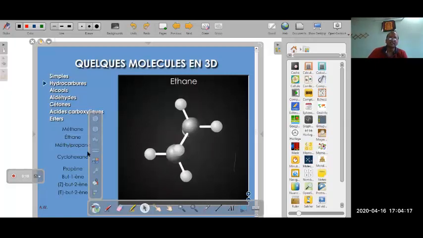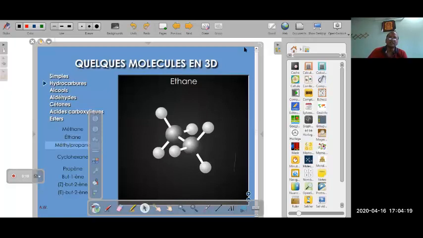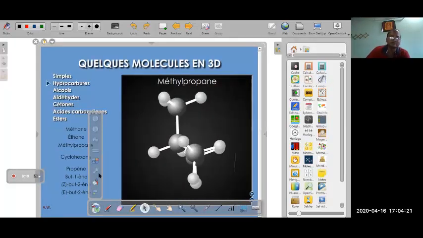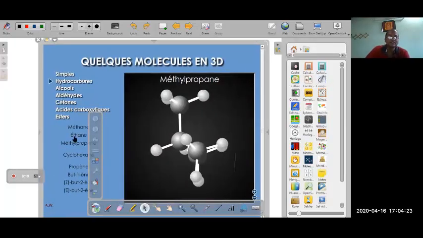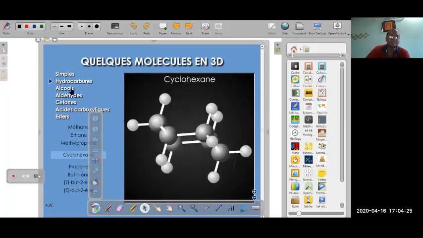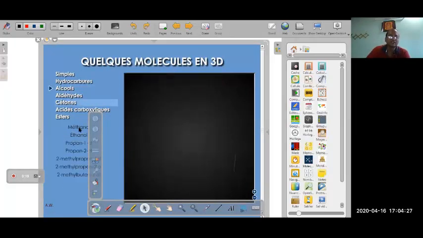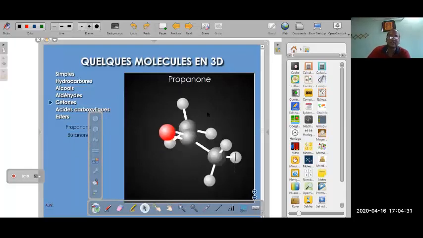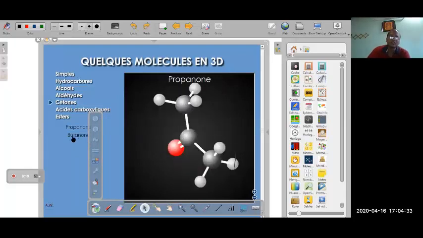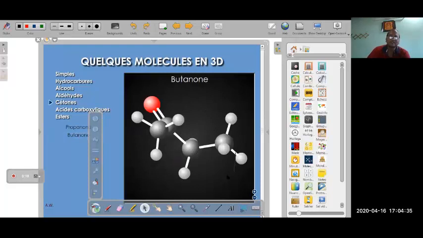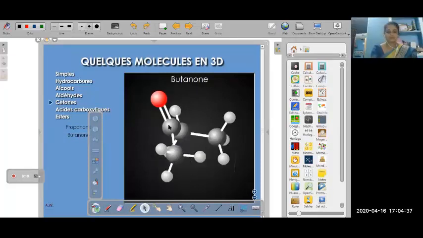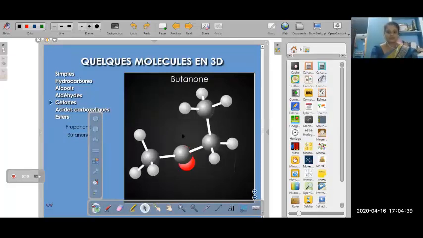Likewise, you can create or download from the internet and use it. Here are some options: alkanes, ketones, propane like that. This is the 3D model, or you can download one from anywhere and insert it here. You can utilize it, sir. But typing of equations is not at all easy in this software, sir.